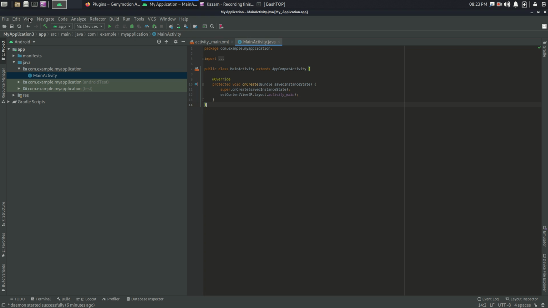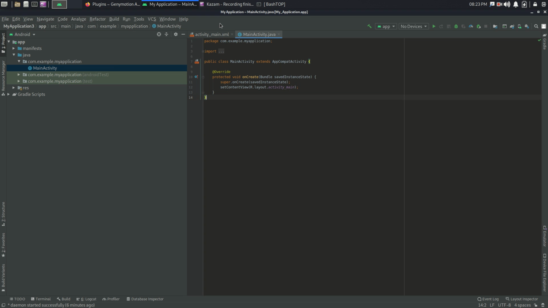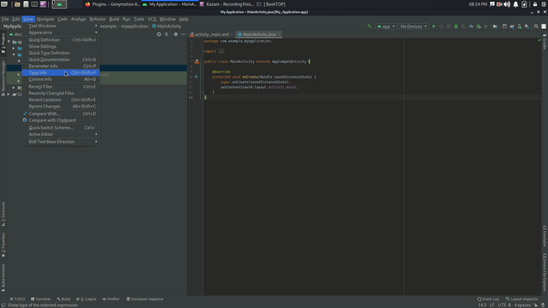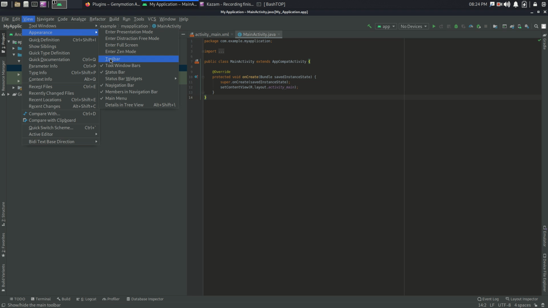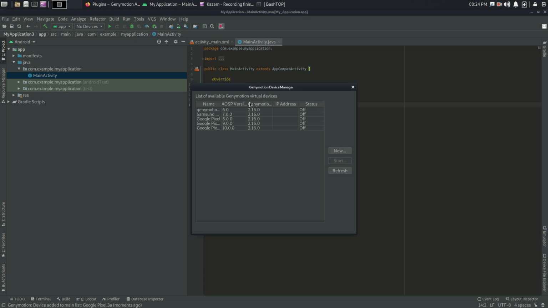you go to View and enable toolbar. If it is disabled, you don't see it. And if you enable it, you're going to see it here, this. Then you click and select your appropriate